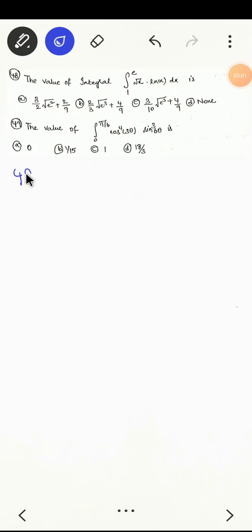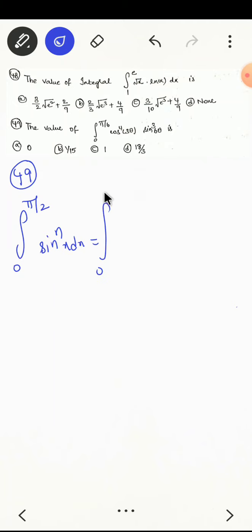Let us start problem number 49. Before starting problem number 49, I will tell you one property of integrals that is very important. The integral from 0 to pi by 2 of sine raised to power n x dx, or 0 to pi by 2 of cos raised to power n x dx, can be written as